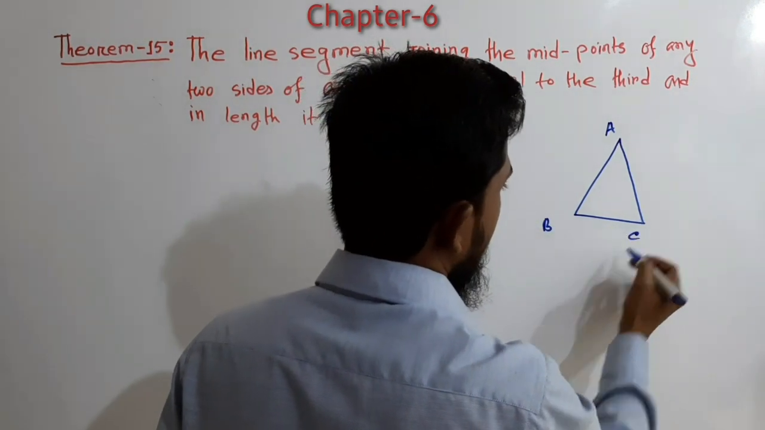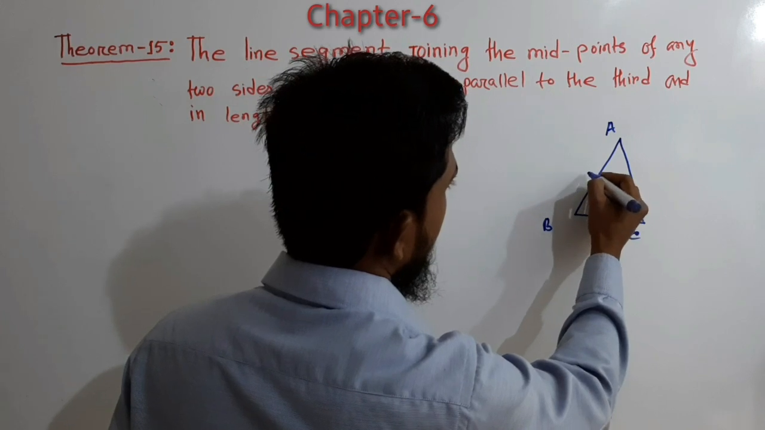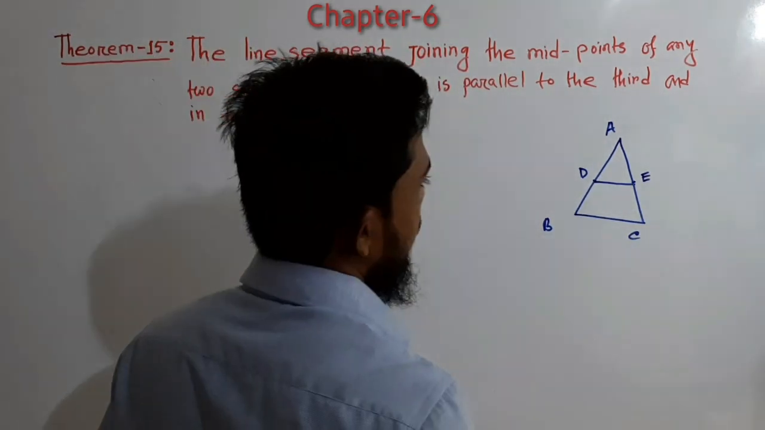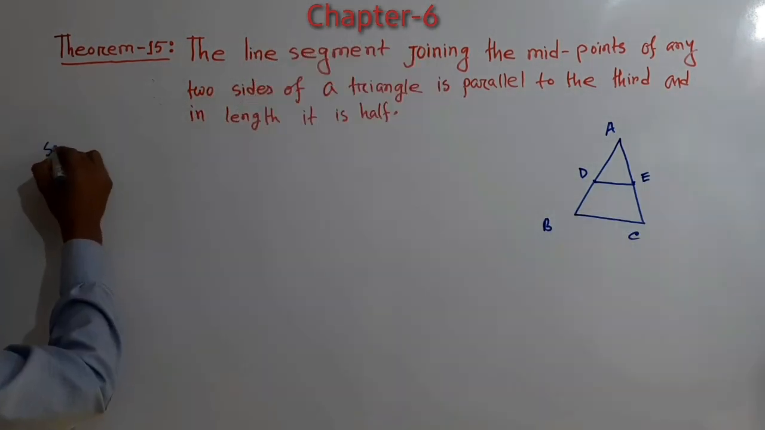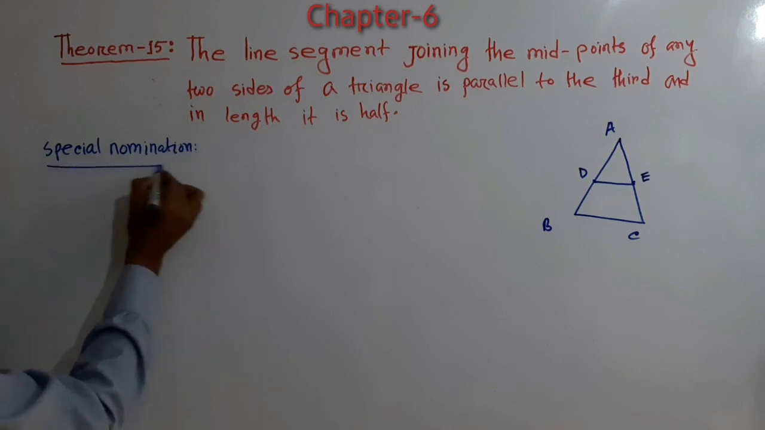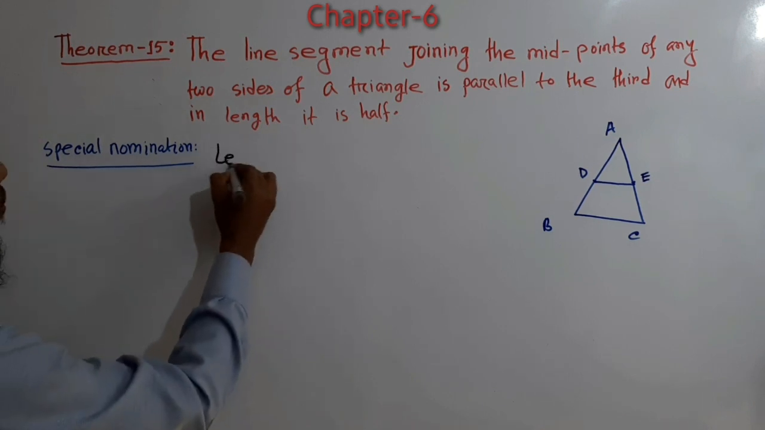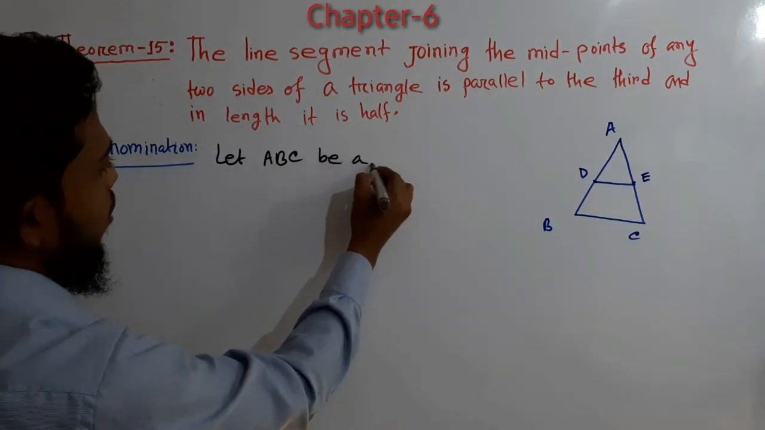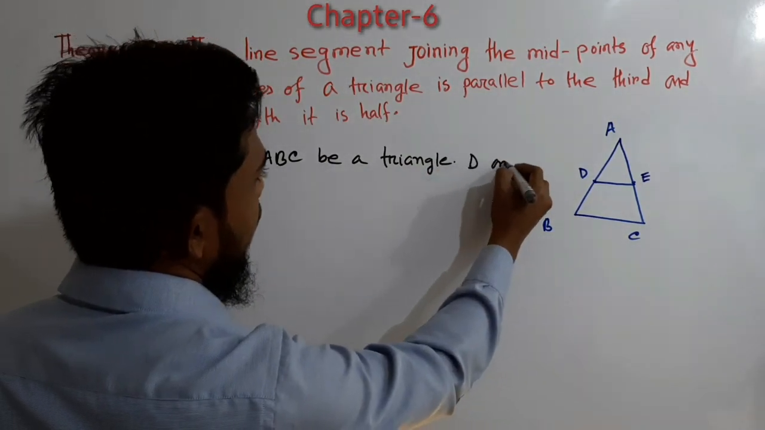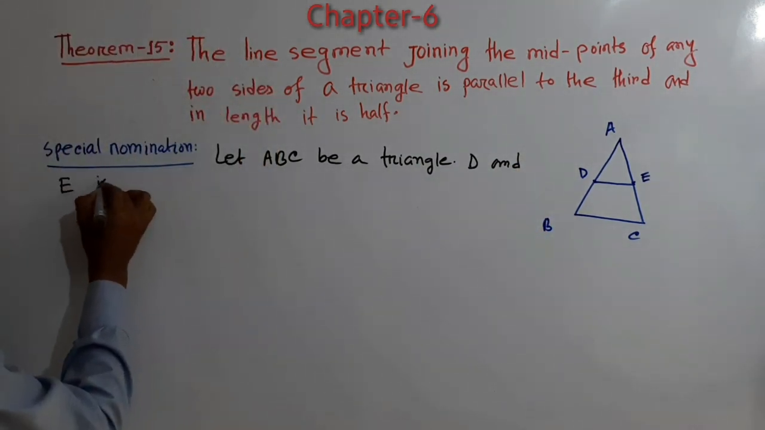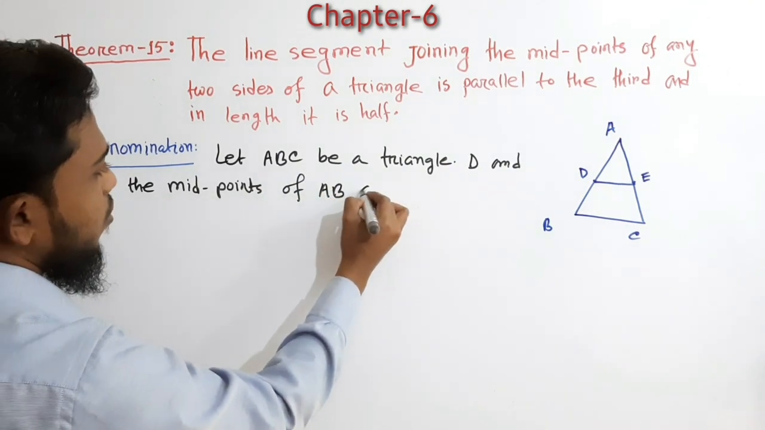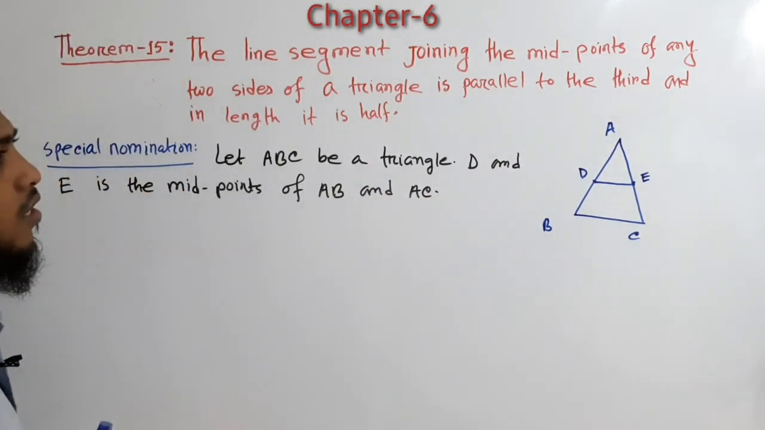ABC a triangle. Here D is the midpoint of AB and E is the midpoint of AC, joining D and E. Our special nomination: let ABC be a triangle, D and E be the midpoints of AB and AC. It is required to prove that